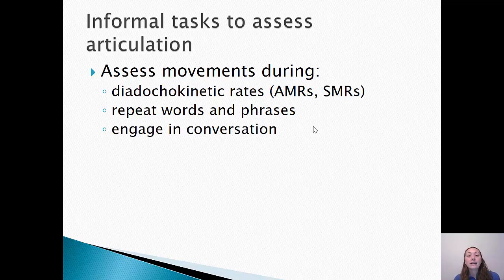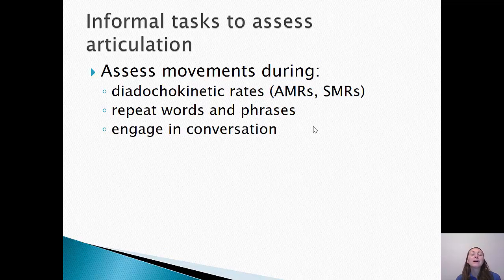So we take our articulation information through a lot of informal assessments. So we're going to take information from engaging in conversation. We might have some repeated words or phrases. And then we get some information from AMRs and SMRs. But in the real world with adults with motor speech disorders, we are not going to give the Goldman Fristoe because one, it's a pediatric assessment and not normed for that. But two, you're not going to have time in a medical setting to give a 15 to 20 minute